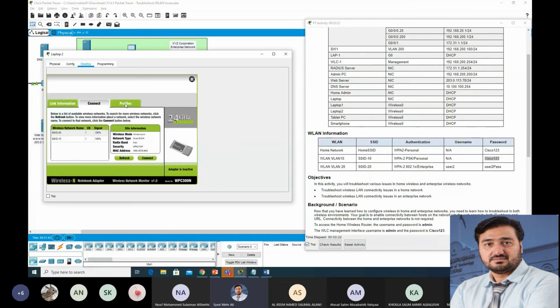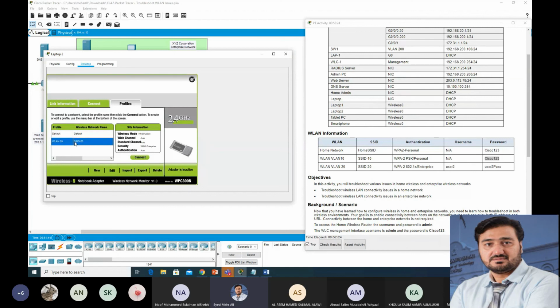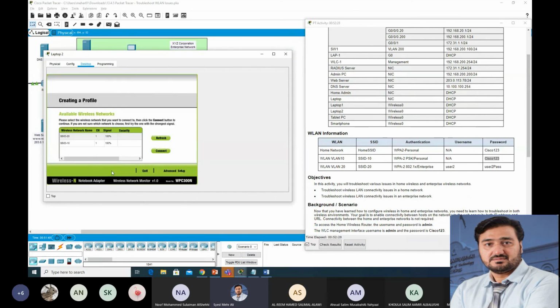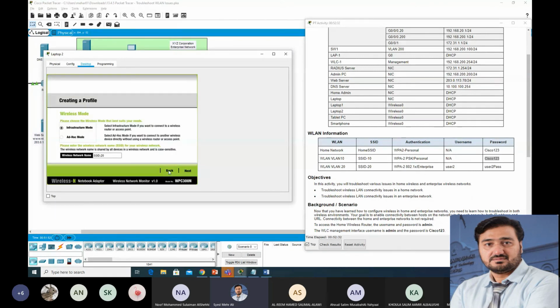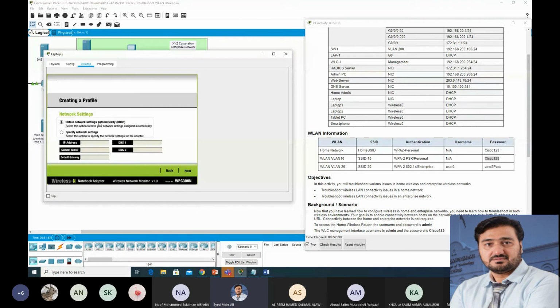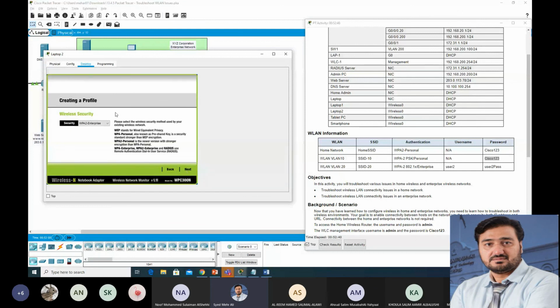So we will go to the profile, VLAN 20, add it, advanced setup, SSID 20, obtain network settings automatically. Next, security WPA2 enterprise. See, it is correct because VLAN 20 is enterprise.